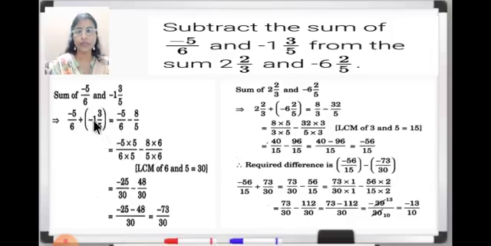So what you will do? Same method as we have learnt in fractions. 1 will be multiplied by 5. 5 ones are 5. And then plus 3. It will be 8. 8 upon 5. And here plus into minus will become minus. And then you can see your denominators are different. So what you are going to do? We are going to take LCM of 6 and 5. LCM of 6 and 5 is 30. 6 5s are 30.